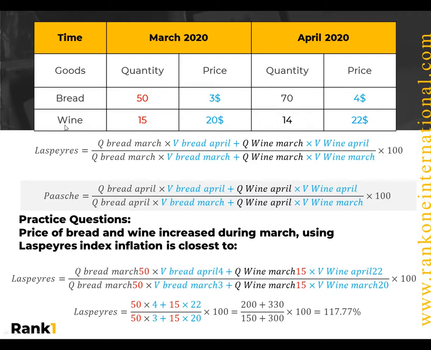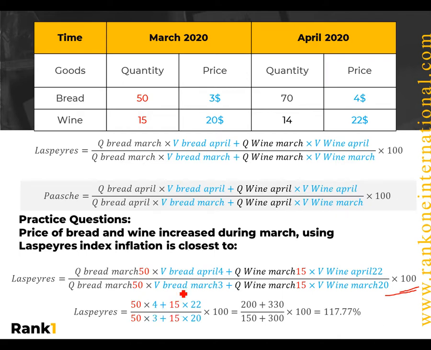Let's have an exercise. Price of bread and wine increased during March. Using Laspeyres index, inflation is closest to, we use the quantity in the previous months, 50, times value in the next month divided by value in the previous month, times value of bread 4, so 50 times 4, plus quantity of wine 15, times value of wine 22, divided by quantity also in March 50 times value 3, plus quantity of wine 15 times 20, times 100, don't forget, equals, we should not forget 100, 50